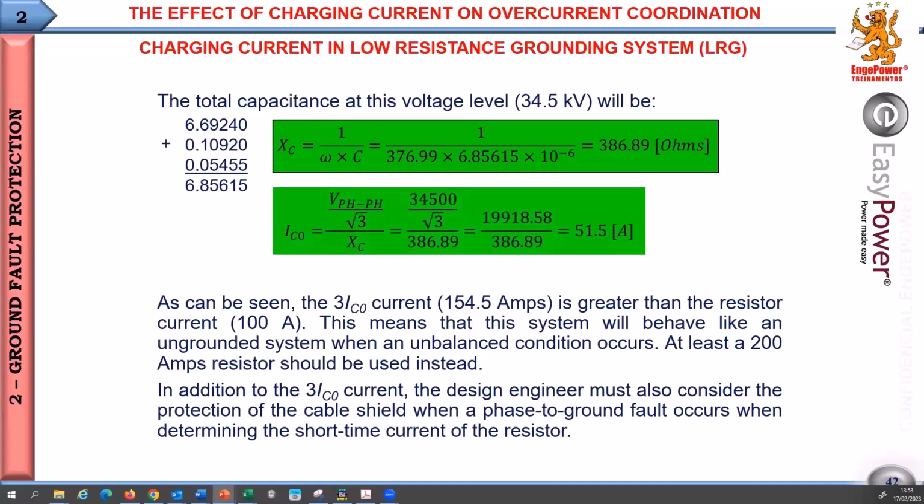IC0 will be line-to-line volt divided by square root of 3 divided by the XC, and we reach 51.5 amps. 3IC0, 154.5 amps. Since our system has a 100 amps grounding resistor,